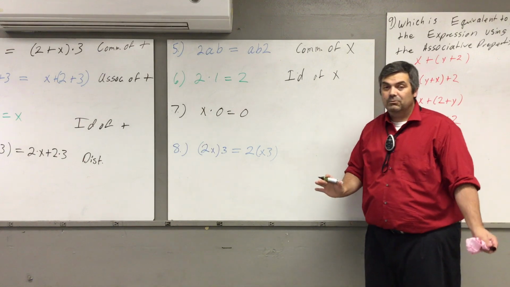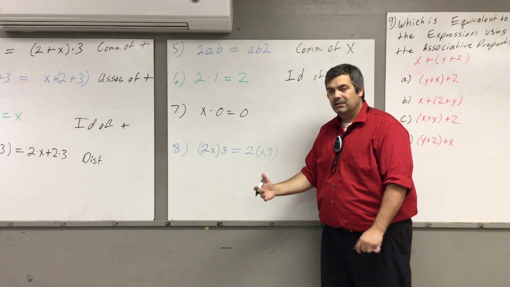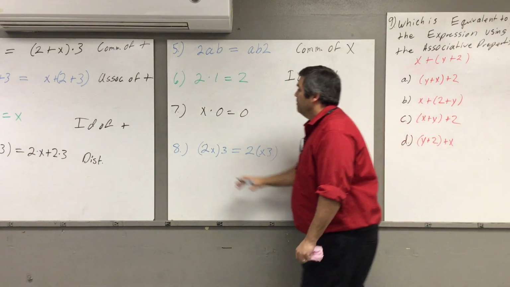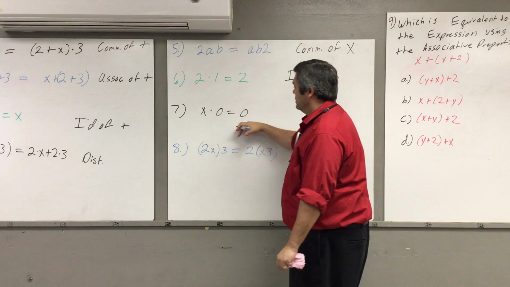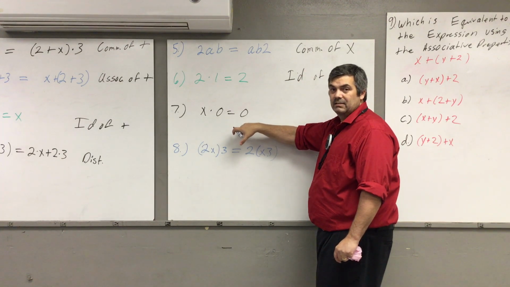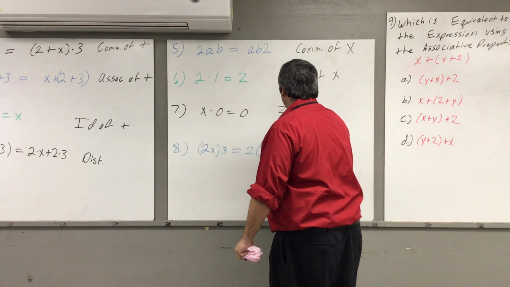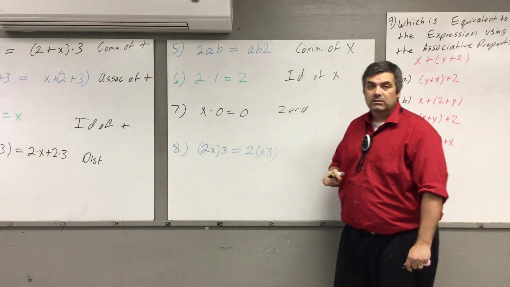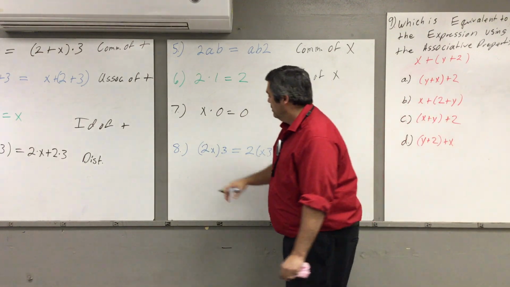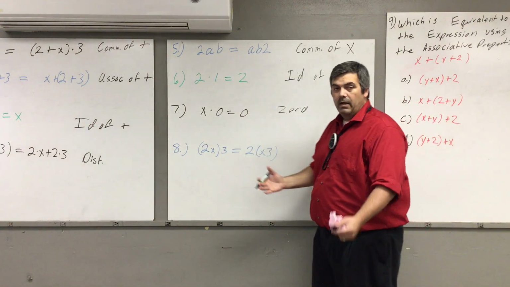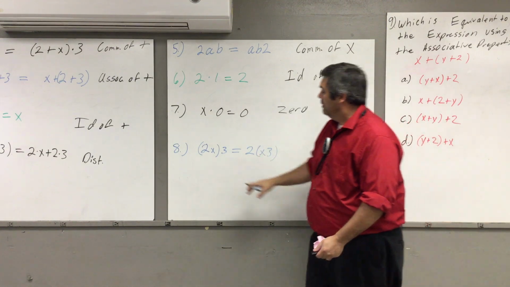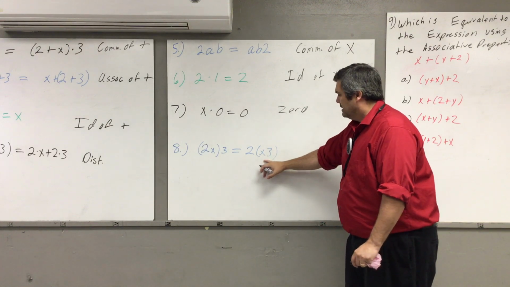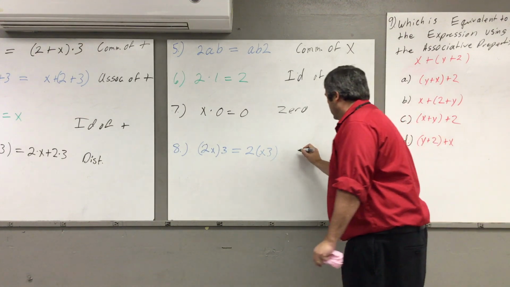You're going to have to be able to distinguish the difference between identity property of multiplication, identity property of addition, but at this point you should be able to do that. Okay? Now, x times 0 equals 0. Okay, we got back the 0. That's our 0 property. Remember, that's only good with multiplication. 0 property of multiplication. All right. Number 8. And at this point we only have one left. Okay, 2 times x in parentheses times 3 equals 2 times parentheses x times 3, associative property